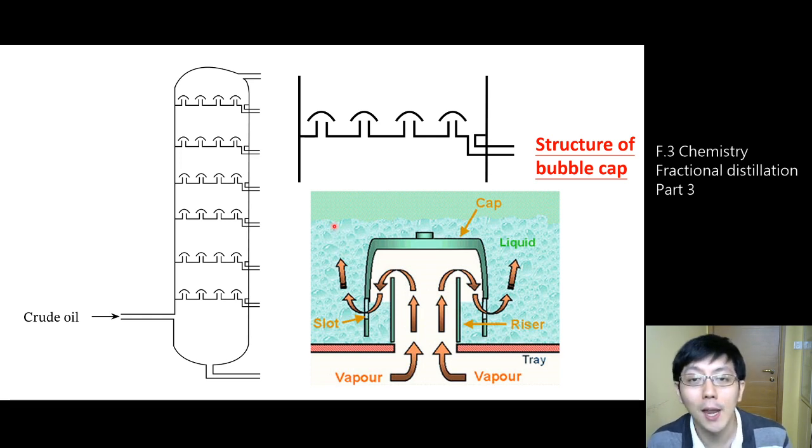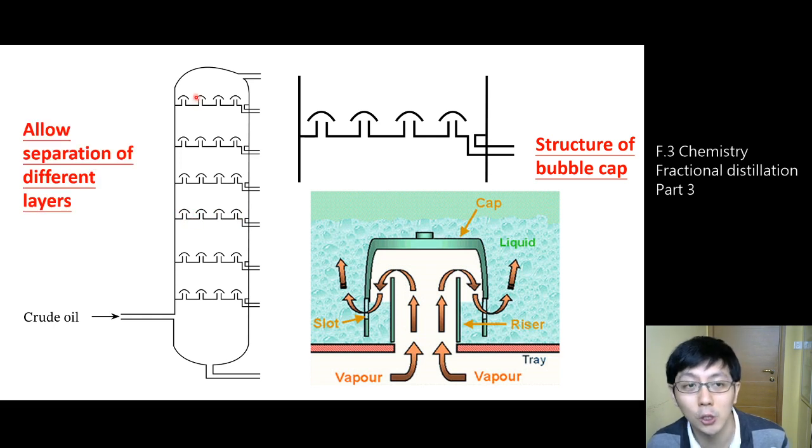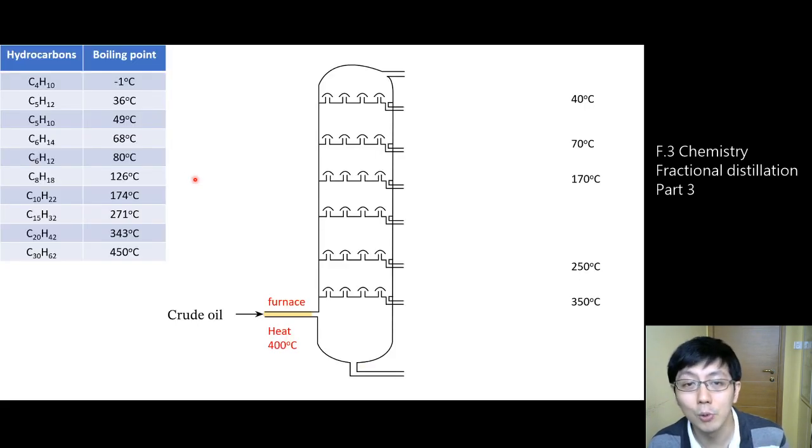And for Form 3 level, you just need to realize that the presence of these bubble caps allows the separation of this tower into different layers. So we have different layers of the fractionating tower. So this one is very important actually. Now I'm going to move on to the